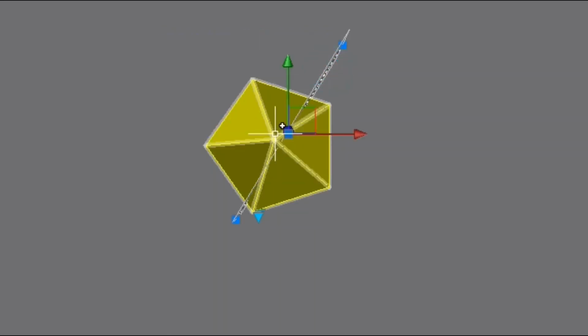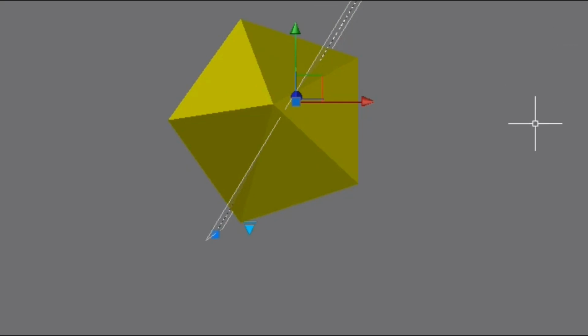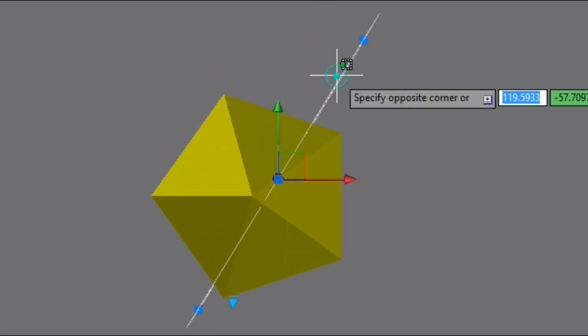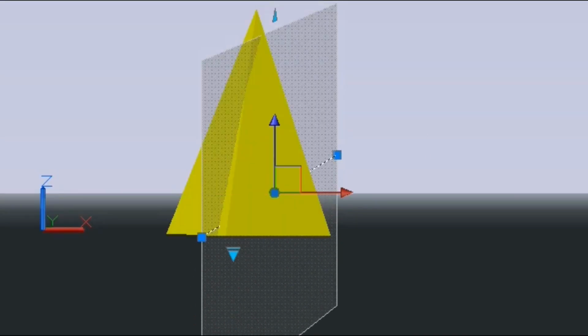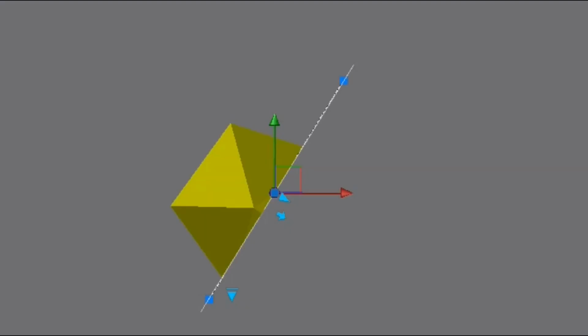Now this is simply your inclined cutting plane, and you are seeing the top view of the pentagon. So when I view it from the front, it will look something like this. So this is going to be your final front view. When I remove this, that would be the sectional front view, and this is our final top view. So we will draw this in our drawing sheet. Now we will see that.